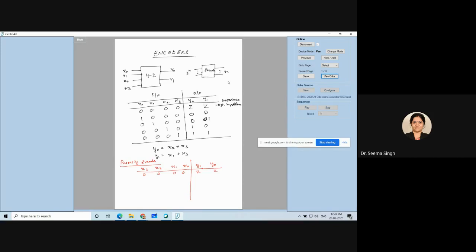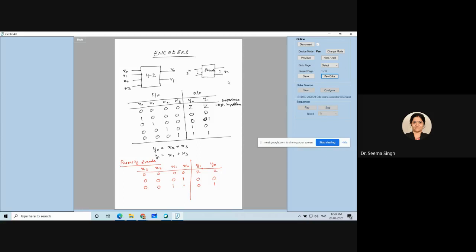It will be the high impedance state only. And next, I will be giving importance to X0 only if all the rest are 0. Then your output will be 0, 0 as always. Now comes the priority case. I am giving priority to MSB. Giving MSB priority means what? Suppose, for example, x1 is 1 and x0 is also 1, and I am giving priority to x1. What will happen? Output should be 1.